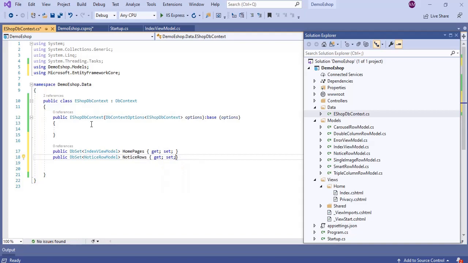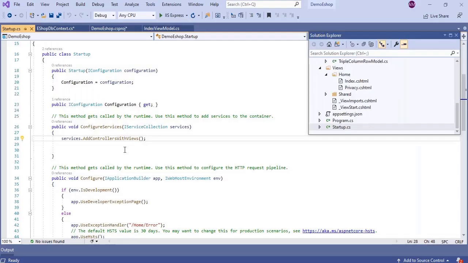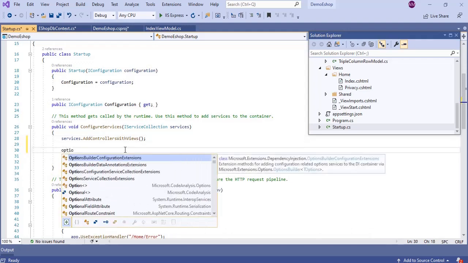Now step 2 is done. Now what is step 3? Use dependency injection to connect the DB context to the database in the configure services of the startup.cs. So we will go to the startup.cs. Now I am here in the startup.cs of the configure services method. Let's add the DB context.